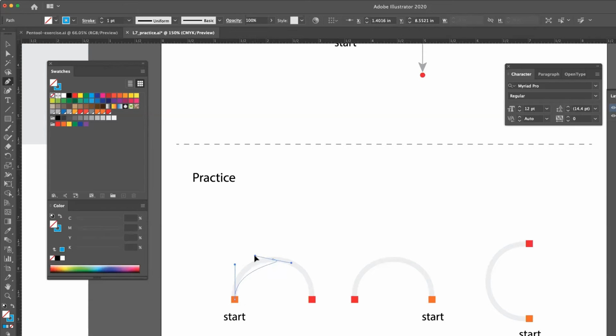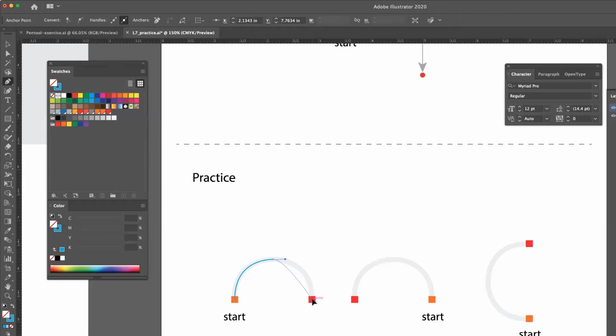If I drag to the left, notice this path ends up circling back on it. And if you get that, that's okay. Nothing's permanent about it. So all you do is just rotate your cursor around. And the further you move the directional handles, the more curved that line gets. The closer you are to the point, the more straight the line is. So you could literally just stretch it out just a little bit, and then go over here to the red dot,